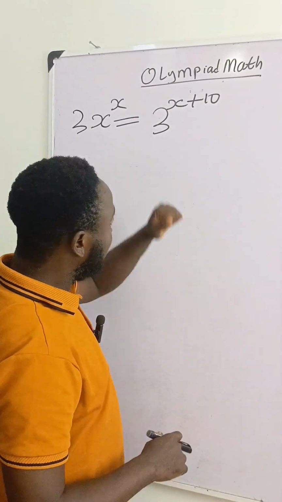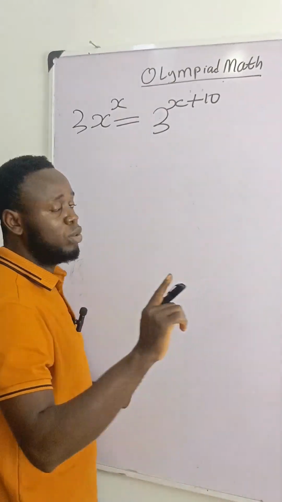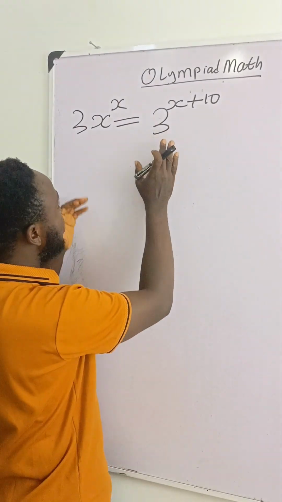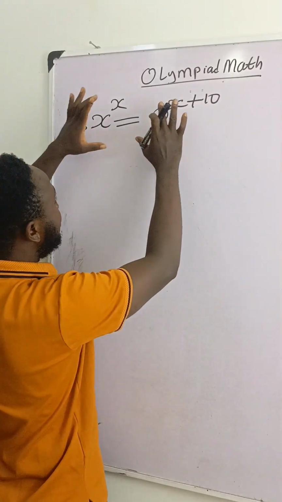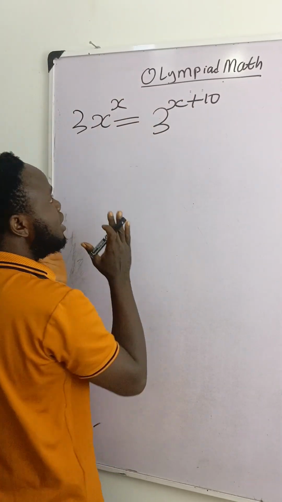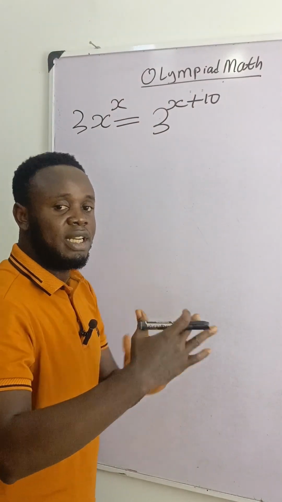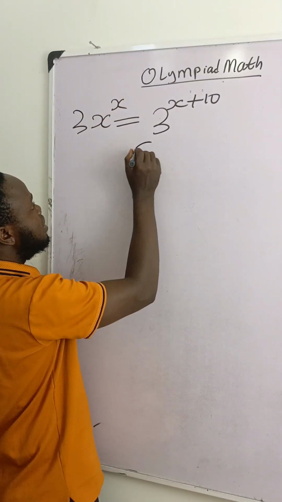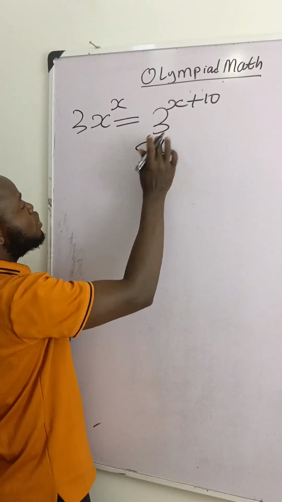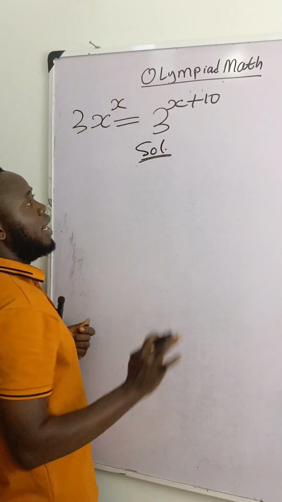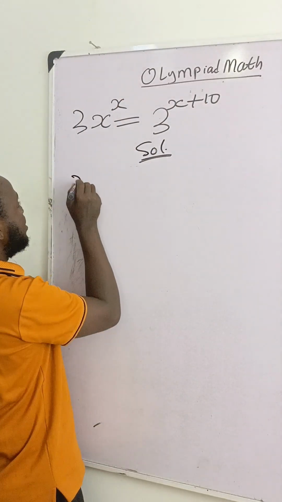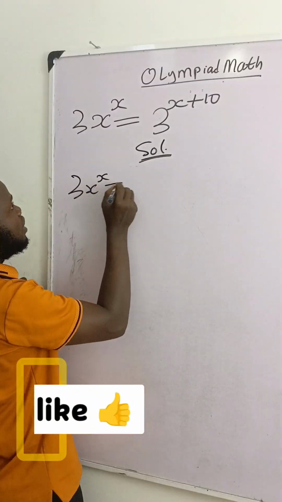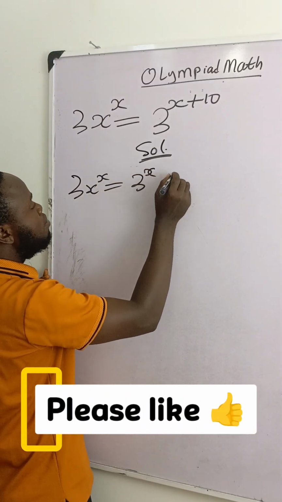If I see this type of thing in exam, the first thing I'll try to do is to arrange it in a way that the numbers that have x will be at one side and others at the other side. So if I have 3x raised to the power x here, then I will see how I can bring this one to this side to make it work for me. So I'll write 3x raised to the power x is equal to 3 raised to the power x multiplied by